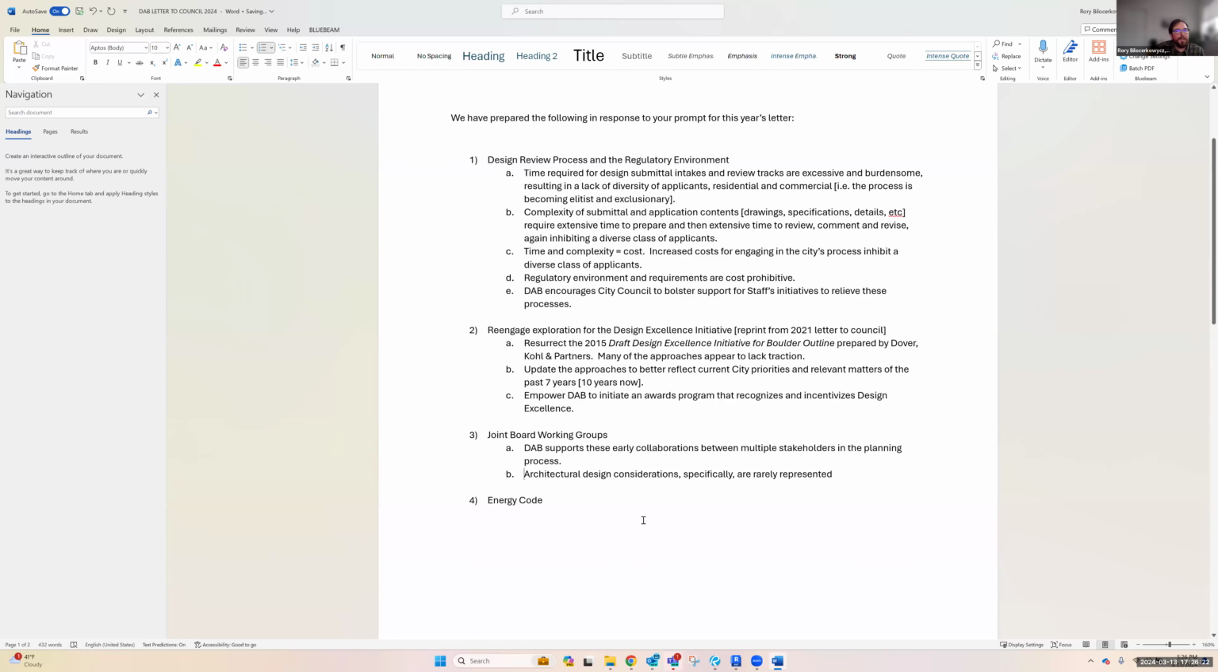Then we're saying it's a multidisciplinary approach. What we're saying is that we recognize there's a multidisciplinary approach, but that we feel the architectural design considerations specifically are lacking representation, right? The board recognizes the importance of the multidisciplinary approach early in these processes, but the architectural design considerations specifically are rarely represented,